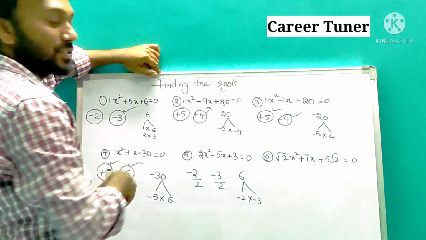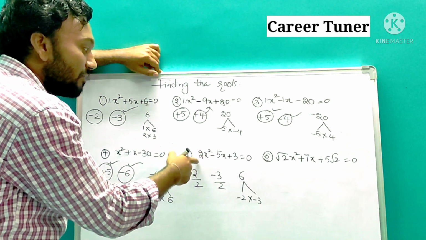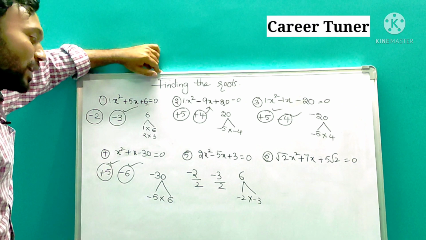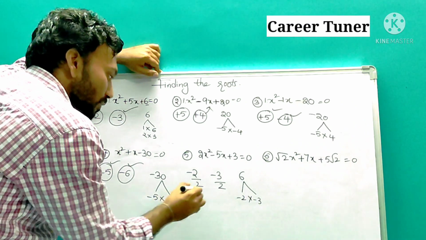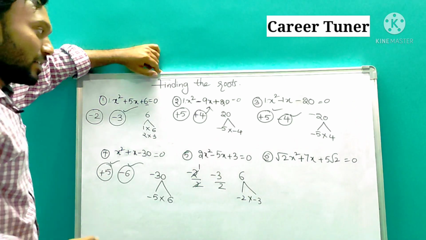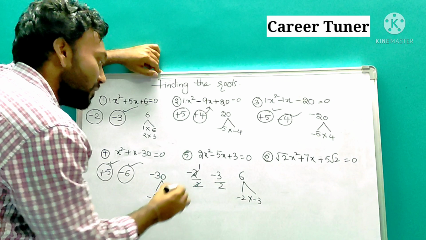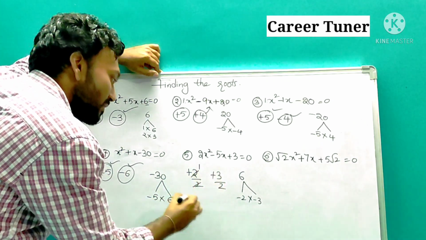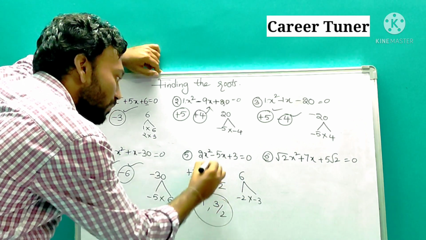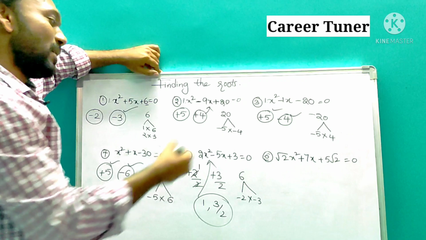Till now we didn't discuss any model like that. So the additional step to be followed is dividing with the coefficient of x square, that is, divide by 2, divide by 2. Now what happens? Obviously this will go one time and this remains as it is. Sir, till now you have changed the signs. Do we need to change? Yes, obviously you need to change the signs. So what is the answer? 1 comma 3 by 2 are the roots of the quadratic equation. That's it.